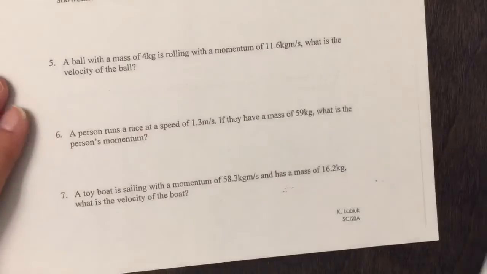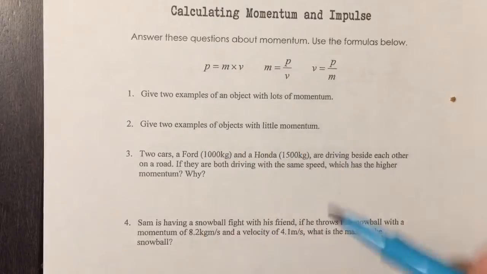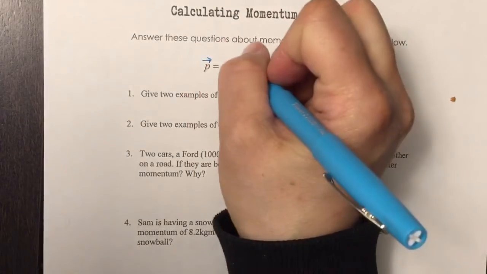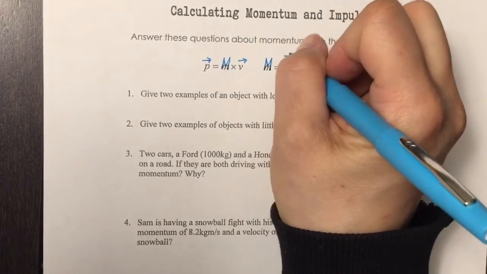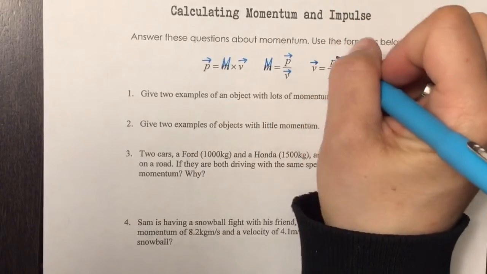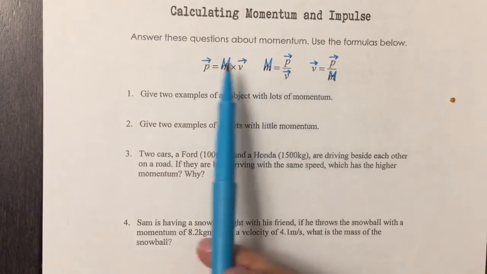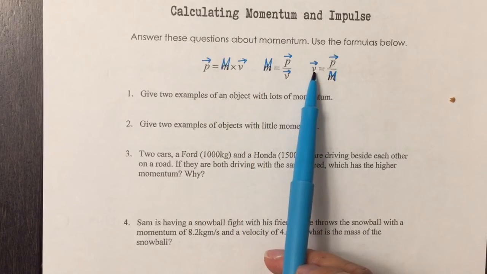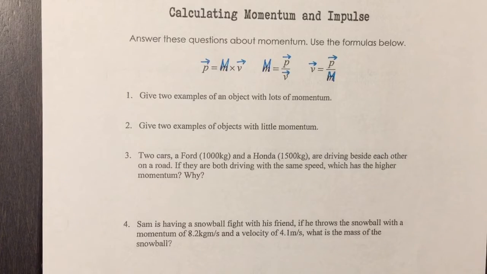Turn the page. The last thing I want to show you is just a couple calculations and how to calculate momentum and impulse. So what I've done at the top here is I took the equation for momentum. These should have vectors over top, and this should be capital M. I'll just fix that here. All I've done is rearrange the equation so that each one has the variable by itself. It doesn't really matter if you do that or not, you can just change it later.